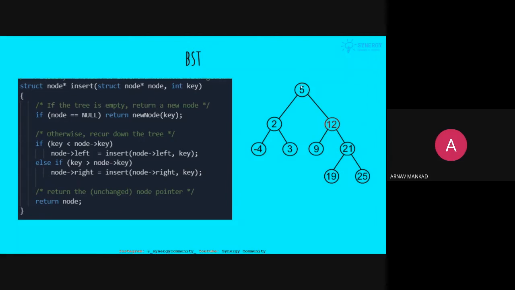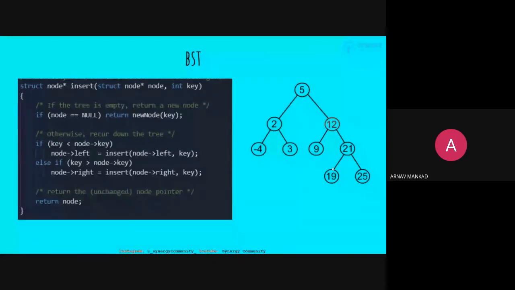Now we see what we want to enter in the tree is greater than 5. So we need to go to the right subtree of the 5. We reach 12. Now 12 is greater than 10, which means the node which we want to enter should lie in the left subtree. We go to the left subtree. Now it is 9. So again we want to go to the right subtree. Now over here, there is nothing to the right of 9, which means this is the place we want to enter our node.